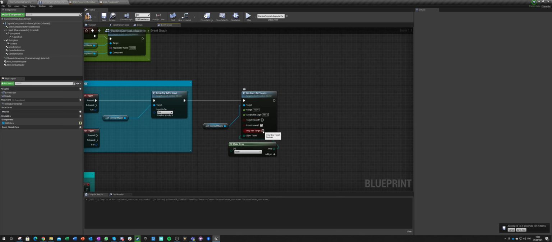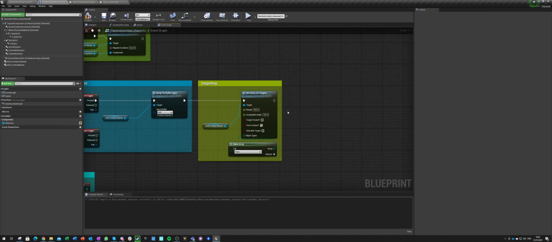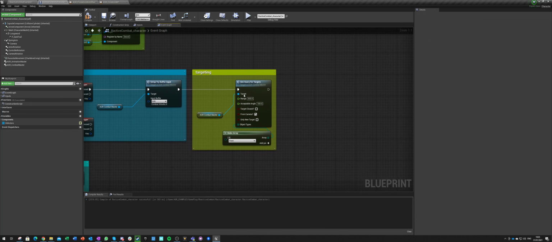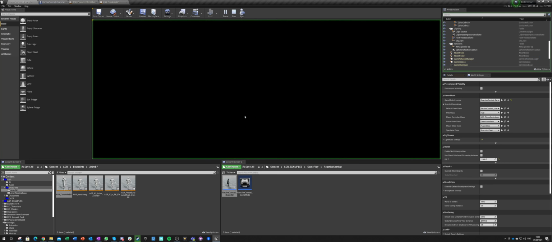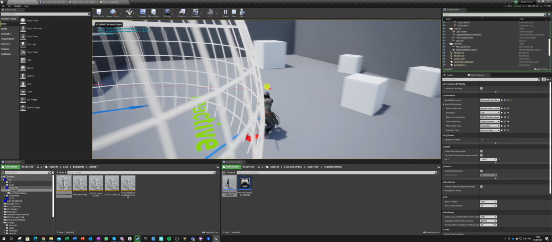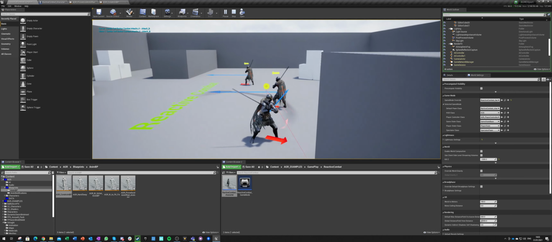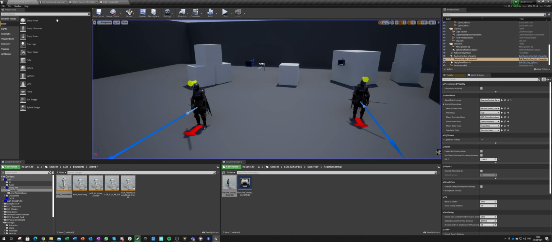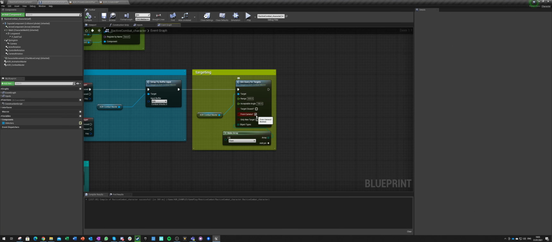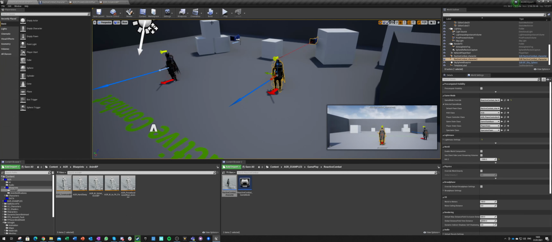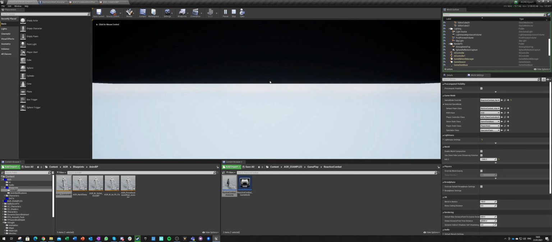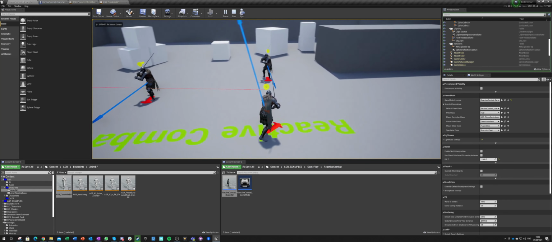Only new target means that we will switch targets no matter what we do. So let's test that. So this will query for targets and it will set a target if it finds one. So let's say play. Okay, but this is querying from my camera right now, so let's not do it from camera. Let's do query from the character. Yeah, that's a lot better.